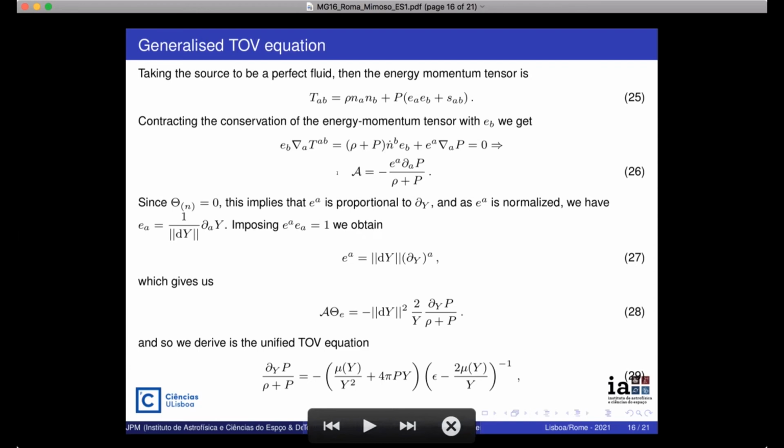And so the acceleration is given by this, and then using the result that we had proven, which basically states that we are considering leaves of constant curvature, we are able to transform this into a similar equation whereby the area times the expansion along E is given by this, and so we derive a unified Tolman-Oppenheimer-Volkoff